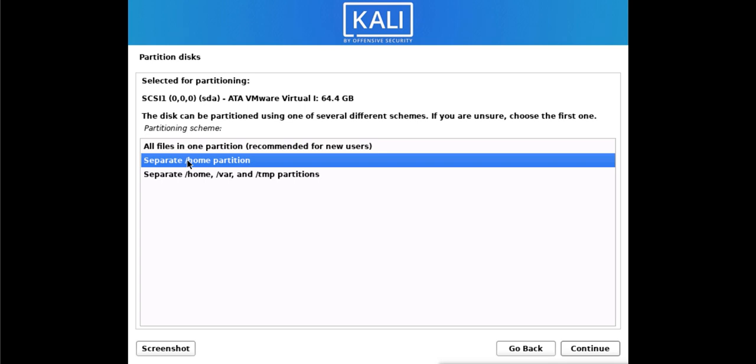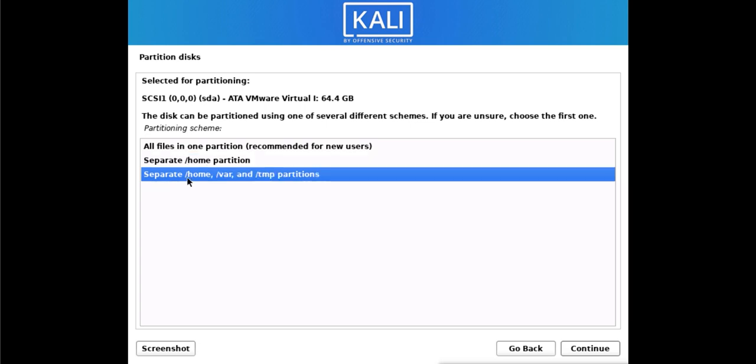So slash partition is like your C drive in Windows, and home partition will be the D drive, just like in your Windows. But you will not see those partitions, you will see only these directories. You will see the slash directory, you will see the home directory. Or even you can go for this option, which will do what? It will create separately home, var and temp directories, and partitions for these home, var and temp directory.